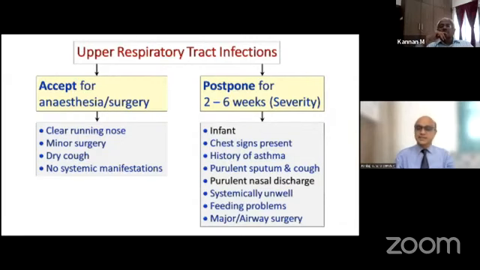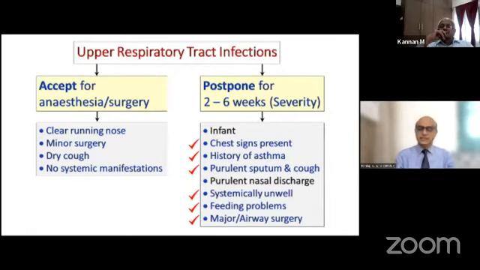Similarly, purulent nasal discharge can be there in many children, especially the children coming to us from the poor socioeconomic status. They may not have any other constitutional symptoms, but they would have chronic coryza or cough. They will always be wiping their nose. So do you need to postpone them? Would they improve further? To my judgment, this criteria may not fit well. So apart from the infant status or the purulent nasal discharge, I would agree with the rest of the criteria